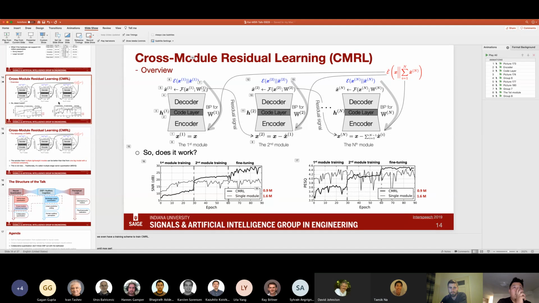Yes, first, this CMRL is trained in an end-to-end setting. Second, you are right. The learning rate for the second and the remaining autoencoders is much smaller than the one for the first autoencoder, and it's even smaller during fine-tuning. For instance, if the learning rate is 1e-3 for the first one, you could use 1e-4 for the second one, and 1e-5 for the fine-tuning, because